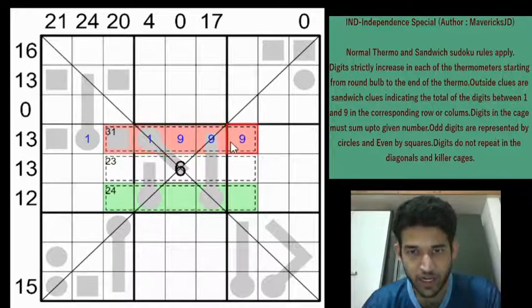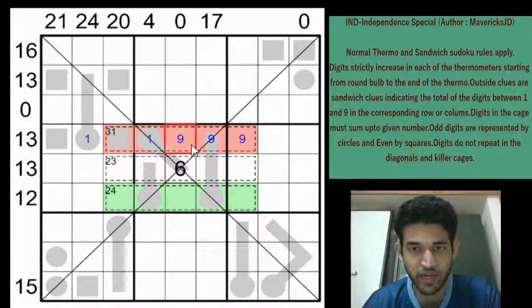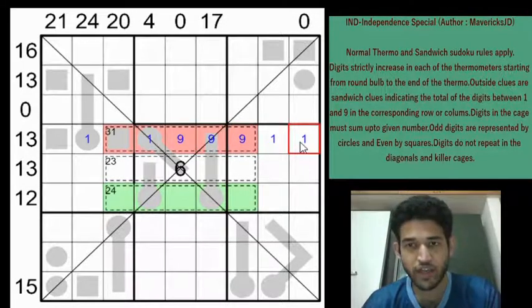And you can't have a 1 in these 3 cells, right? Because if you have a 1 here, for 13 we need at least 2 cells between the 1 and the 9. So if you have a 1 here, at max you can have the 9 here. And that will give you only 1 cell between the 1 and the 9. So 1 cannot be in any of these 3 cells. And 1 can be here and 1 can be here. So we have 4 locations for the 1 in this row.